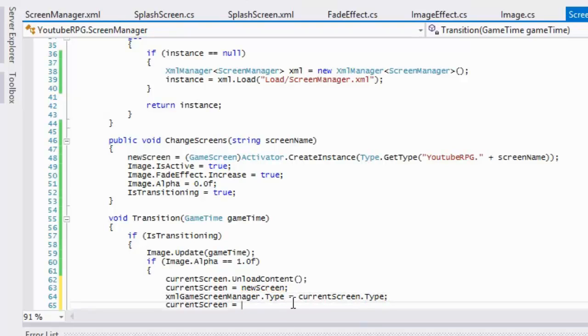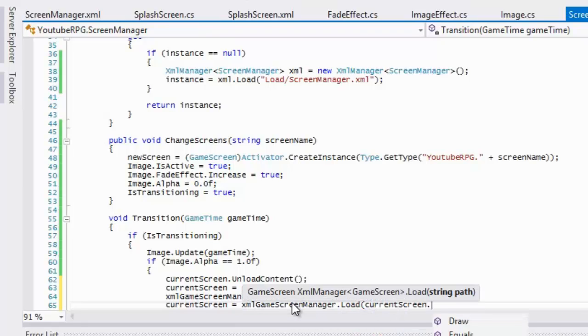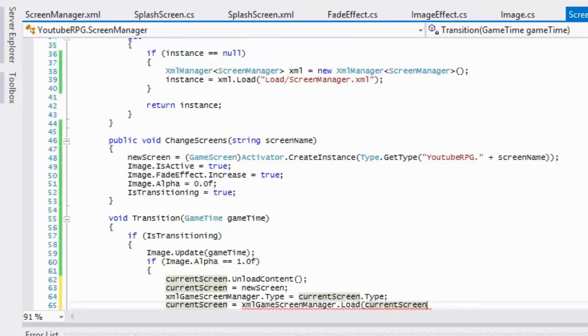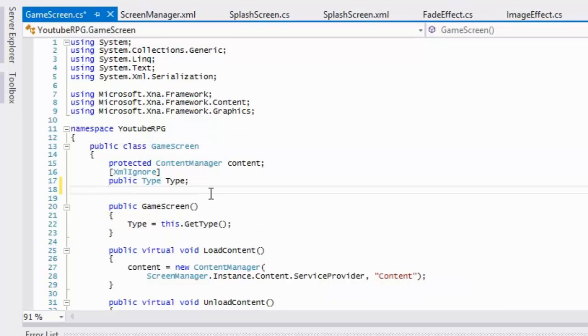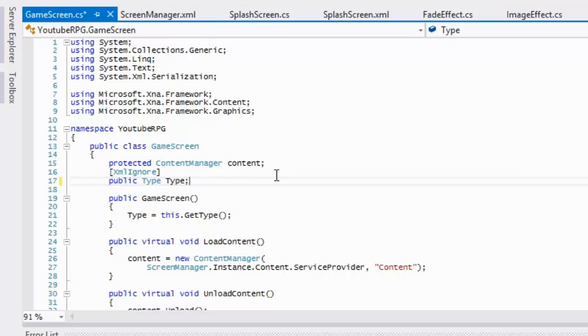So we're going to say current screen is equal to XML game screen manager dot load, and we're going to load the current screen's path. So we haven't set this up. I thought we already did, but we didn't set this up. So what we want to do is go to our game screen, and in here we just want to have